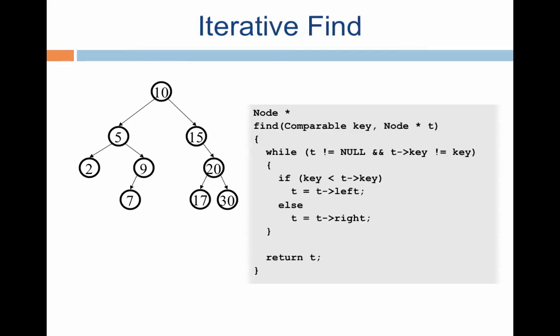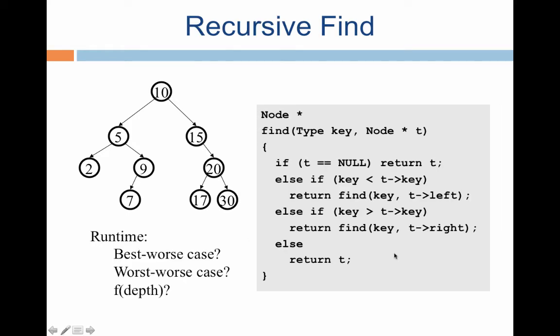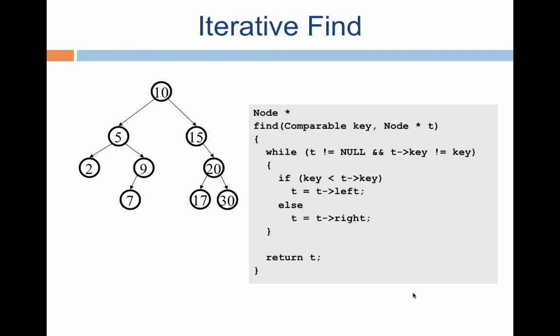Iterative find is also conceptually fairly simple, and this is one of those nice examples where the iterative code and the recursive code have more or less the same number of statements. Typically, recursive functions have far fewer statements than iterative implementations, but here the iterative implementation is of more or less the same length as the recursive one. Actually, it is even a little smaller, I would say. Okay, find key, ignore the comparable. All I'm saying is that the key must come from a comparable set, so this must have been written slightly differently.